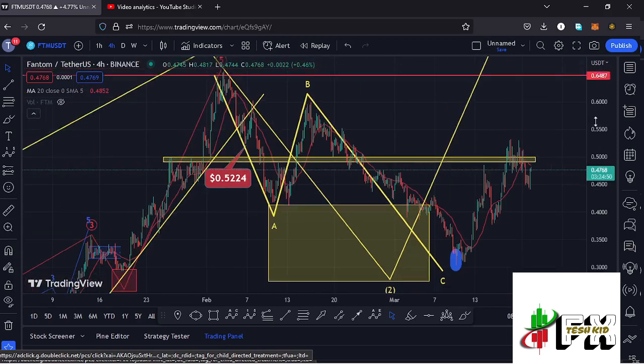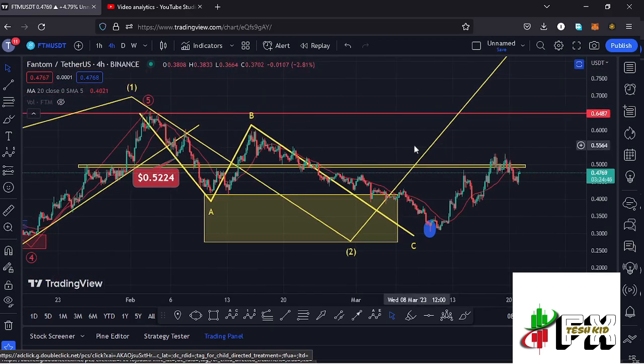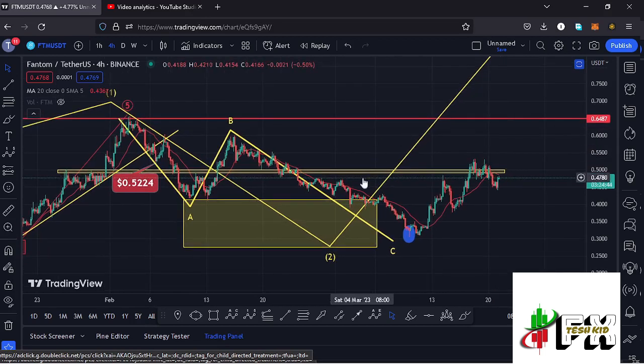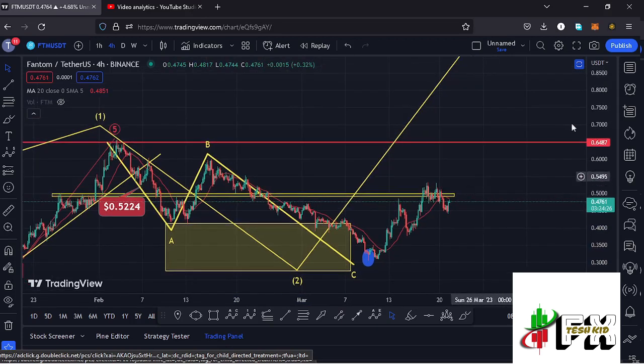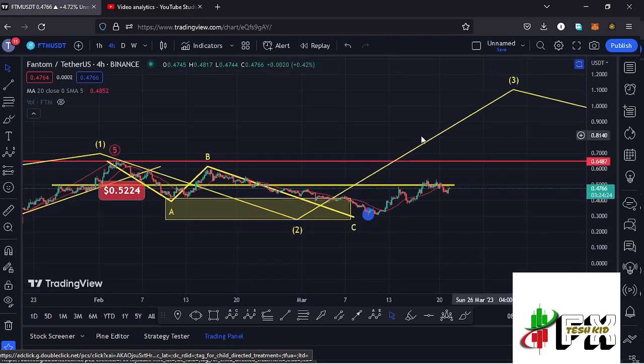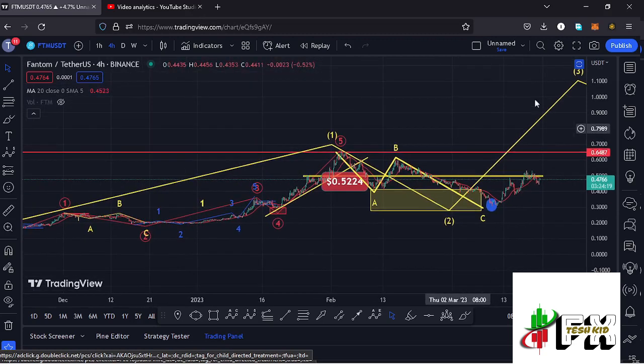We have also continued to obey the Elliott wave structures, where we had been seeing a bit of a breakdown to the lower side in the formation of this wave 2, in a move that has managed to get into the minimum retracement area, which lies between the $0.416 mark and the $0.2742 mark, in a move that has now given us a low at around the $0.3 mark. And having managed to get into this minimum retracement area in the formation of this wave 2, I believe we have bottomed out in the formation of that wave 2, and whatever we are seeing at the moment is the start of an impulsive wave to the upside in the formation of this wave 3,